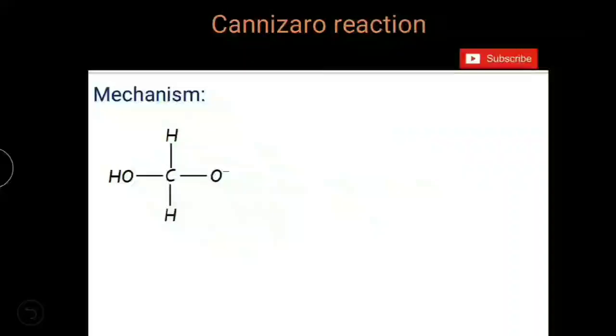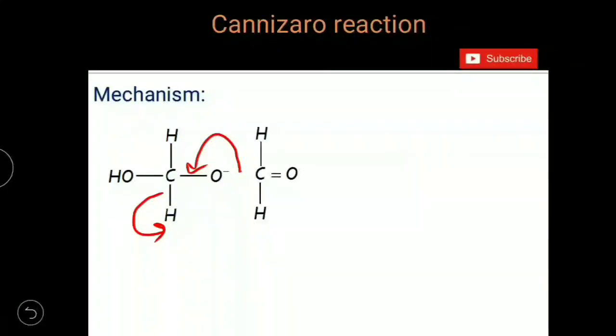And the reaction intermediate undergo rearrangement. The negative charge on oxygen atom come back to carbon, leaving this hydrogen as hydride ion. This is very much important step in the reaction mechanism of Cannizzaro reaction. You got hydride ion here. That hydride ion acts as a nucleophile now, and this nucleophile hydride ion attacks on another formaldehyde molecule. So hydride ion transfer is the rate determining step of Cannizzaro reaction, which will give you two products,